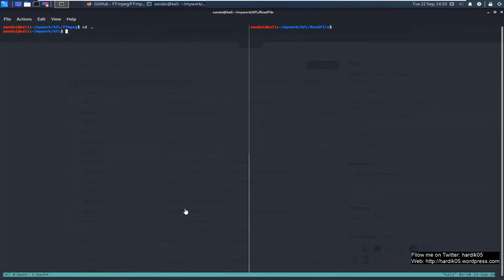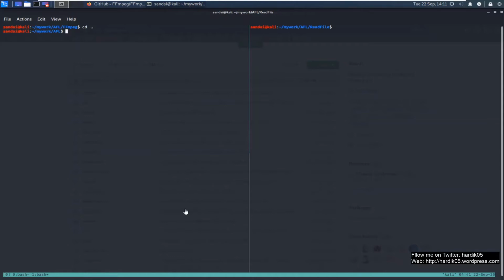But there are a lot of software which have a very complex build system, like if you want to fuzz Chromium, or if you want to fuzz FFmpeg, then initially when you try to compile them, you face a lot of issues, and sometimes it causes a lot of frustration amongst people, so they basically feel that that is not something they can do. So I thought it would be a good idea for me to do a video on how we fuzz software like FFmpeg. In this video I'm going to show you how we use AFL to fuzz FFmpeg software. Now there is no need to panic over here.